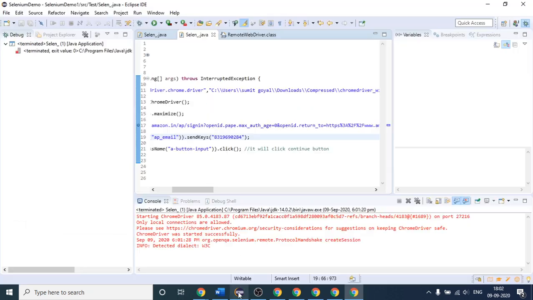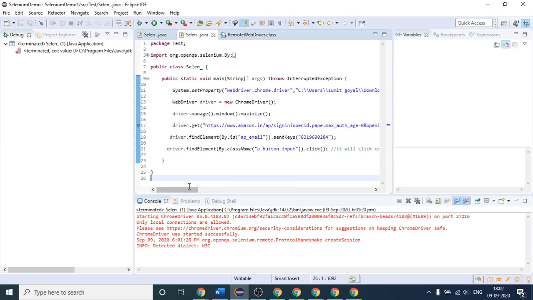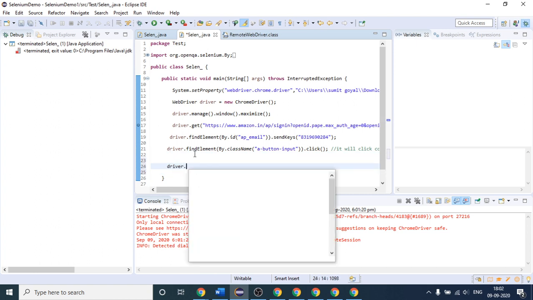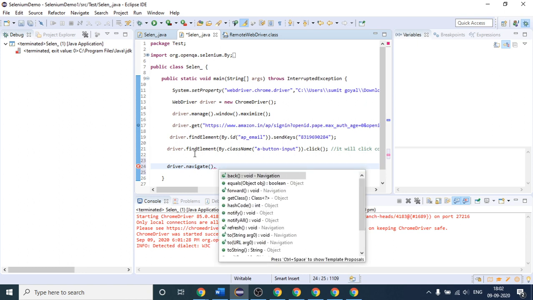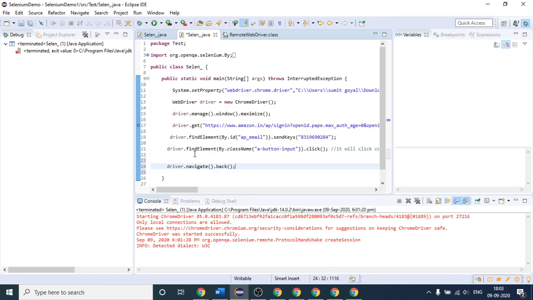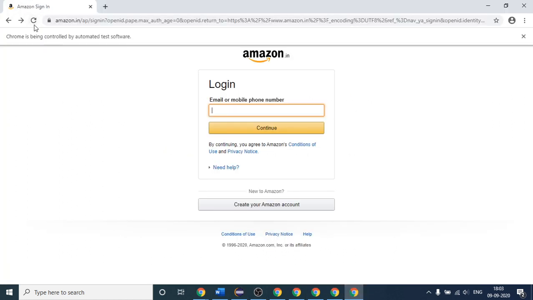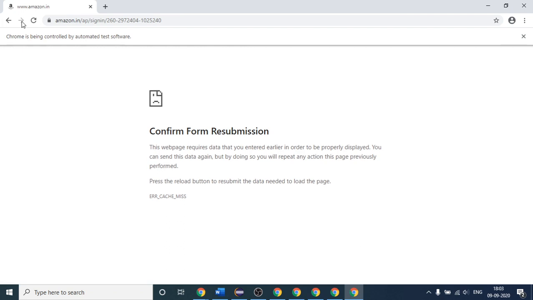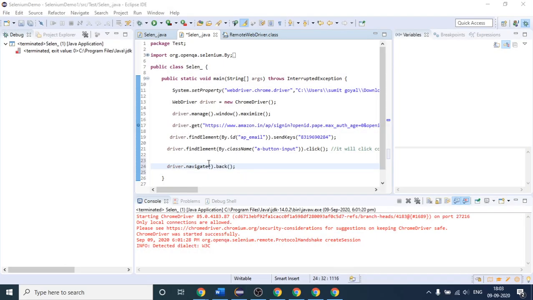There is one more method you can see here for doing this. After that, I will come backward one time. Driver dot navigate is one method. Dot, see this is the method. It is clear with the name only. Back is the method. So if you use this method, what will happen? Suppose you were here. It is not allowing me to open it again. Anyways, let's see what will happen.